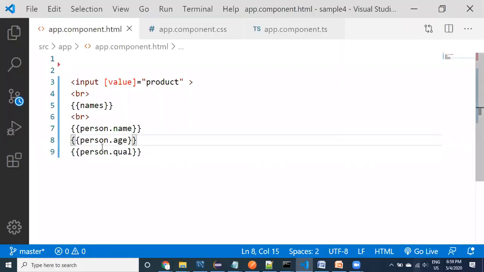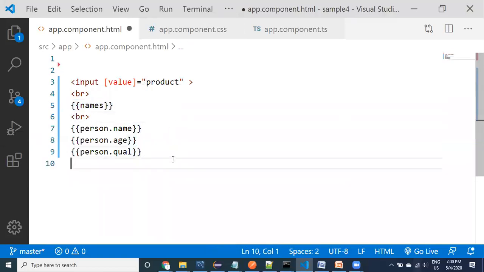Okay, let us look at it guys. So this is how we can display an object. Okay, we can display an object now. And this is the array. How are we displaying the array? The array is displayed as it is, like this. But now I want to display different things.